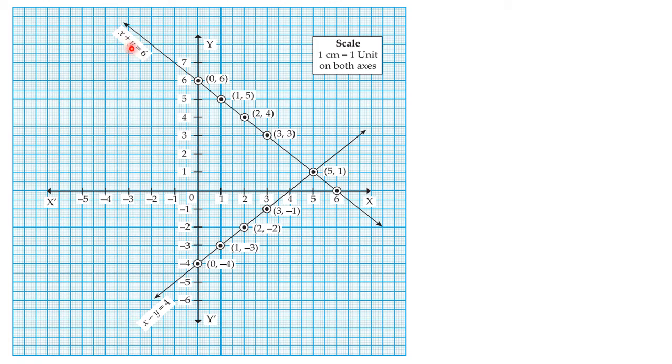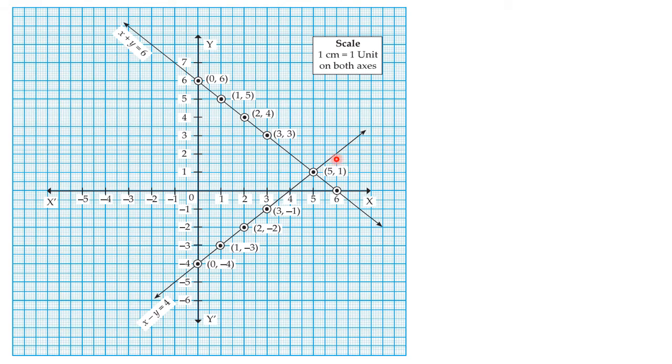First equation, x plus y is equal to 6. All the 4 points which we took: for x is equal to 0, y is 6, then for x we took 1, y is 5, then we took 2, then y is 4, then we took 3, and then y is 3. So all 4 points we have plotted, and then the line is drawn. As I have said, don't forget to do the arrowheads, and don't forget to write down the equation here.